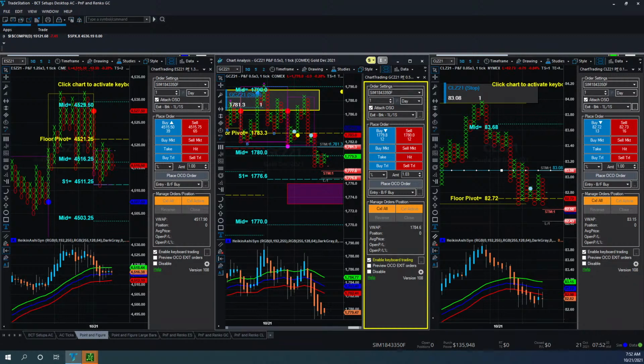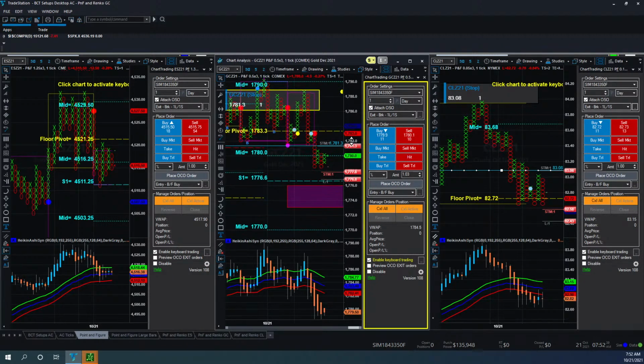Now, if this one breaks to the upside here, it's going to be a counter trend trade, so not taking it. Crude is moving up as well. Failed on this entry, forming a triple bottom right here. If it breaks, then it's going to be a little bit more. It's going to be stronger.